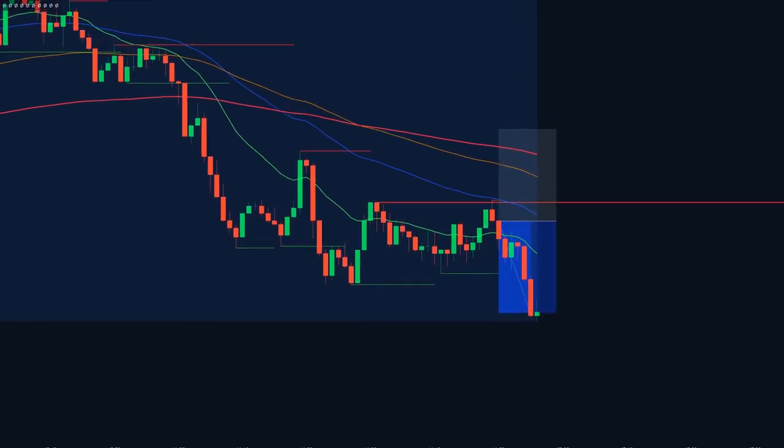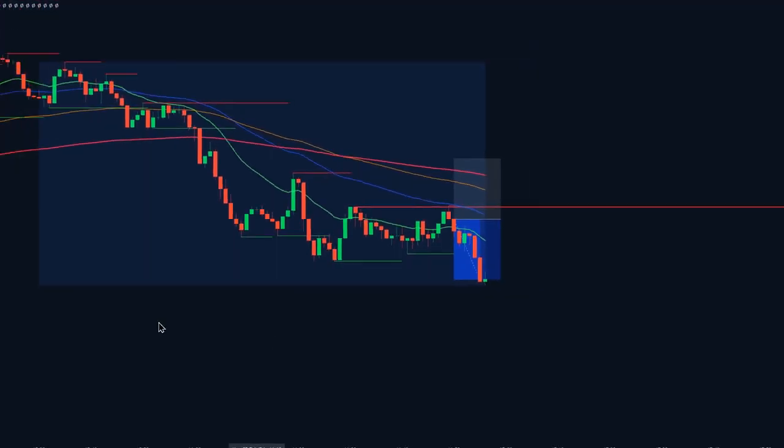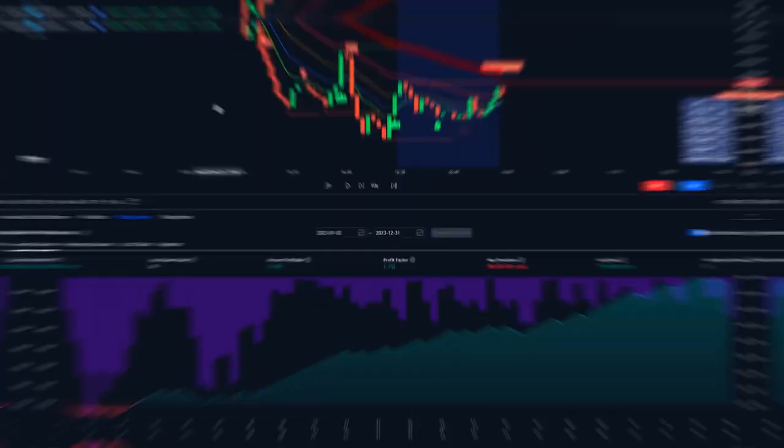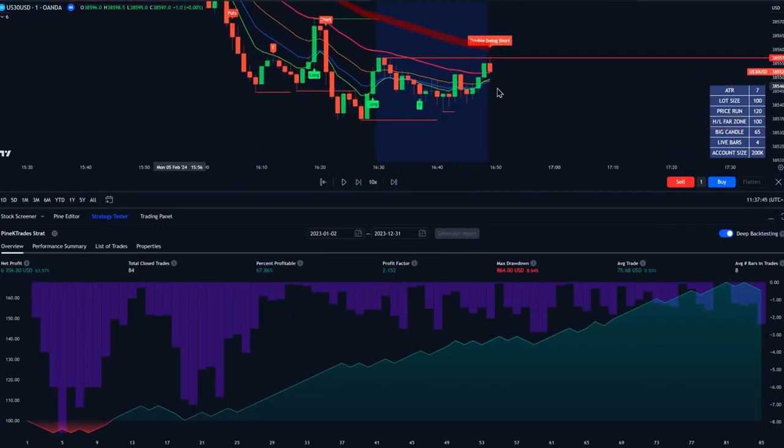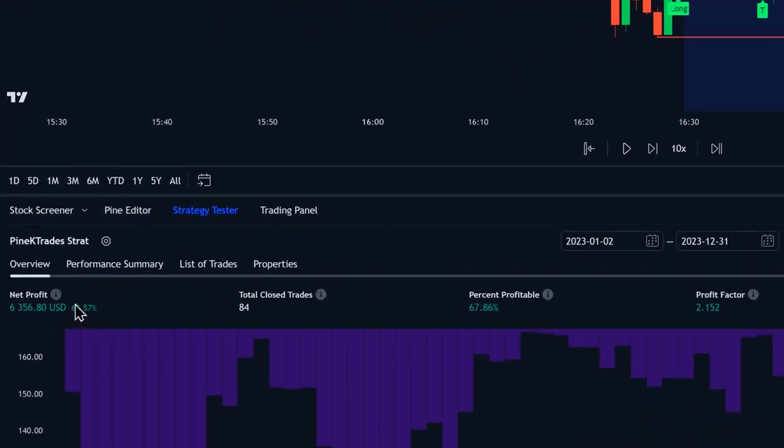Now, as mentioned before, we're almost done developing the PineScript code for this strategy. Here is the full performance of this strategy so far. As you can see, the net profit was 63.57%. Which means with a $10,000 account, you would have made